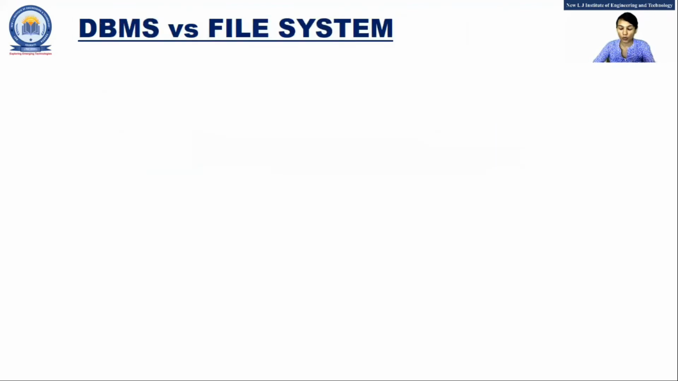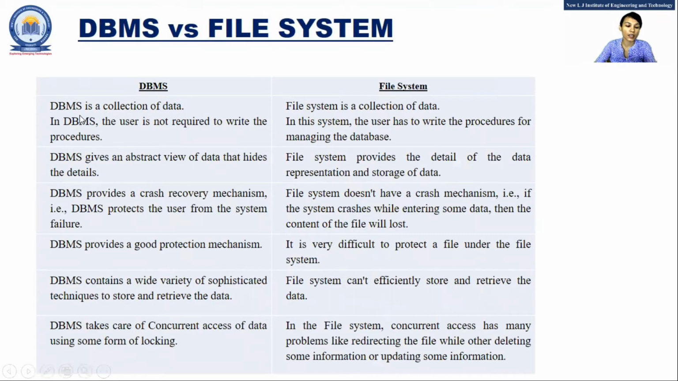Now let's see DBMS versus file management system. First, DBMS is a collection of data, and a file management system is also a collection of data. But the difference is, in DBMS the user is not required to write the procedure, whereas in a file system the user has to write the procedure for managing the database. What does it mean? Here the application programmer, while making the system, has to write procedures and programs